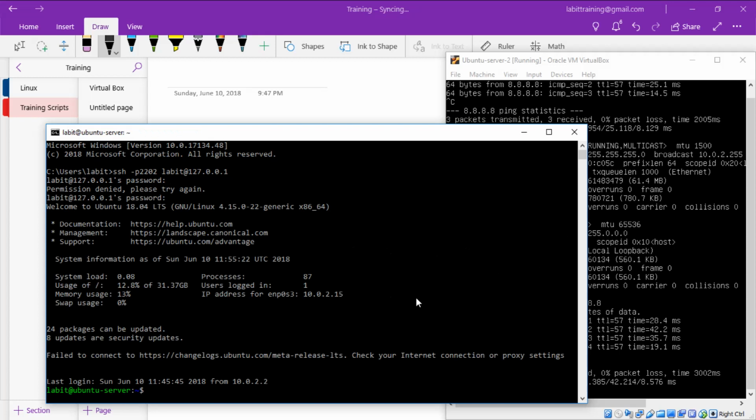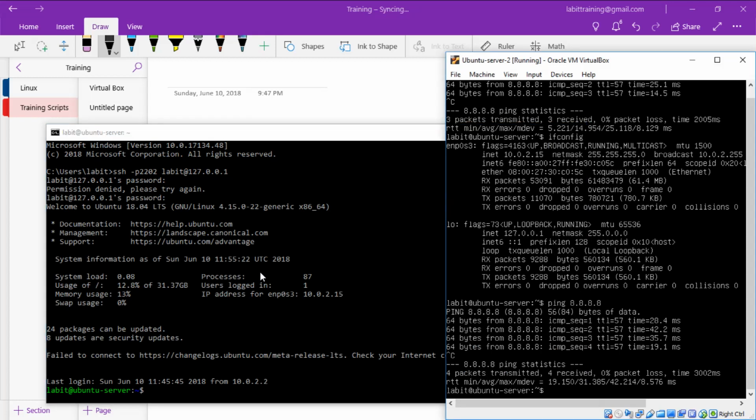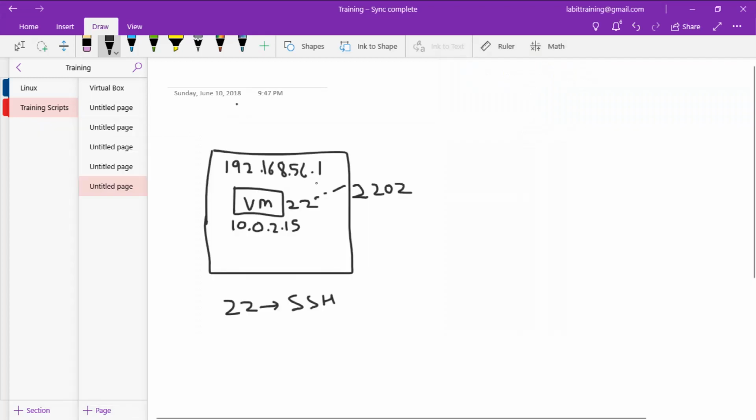And as you can see, I'm able to log in to my guest virtual machine, which means I've successfully established a communication